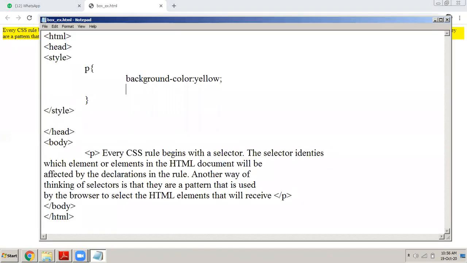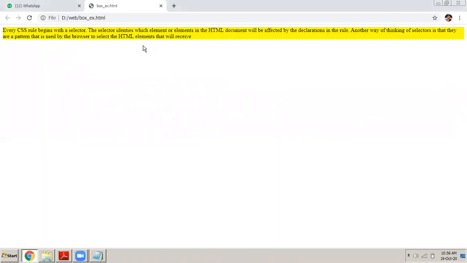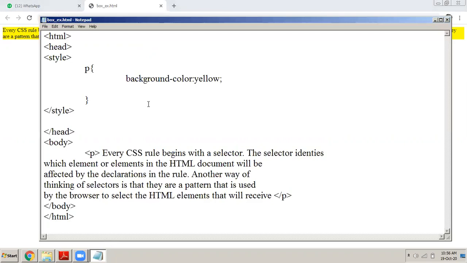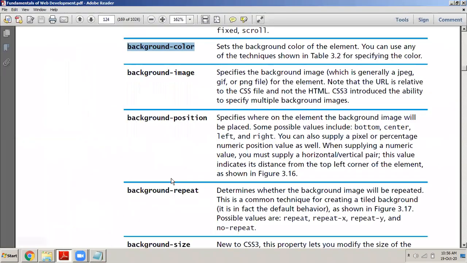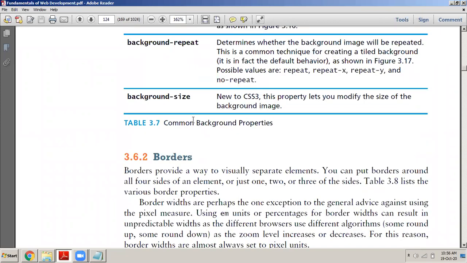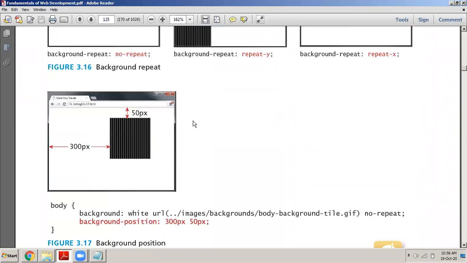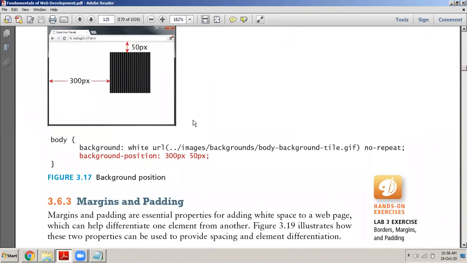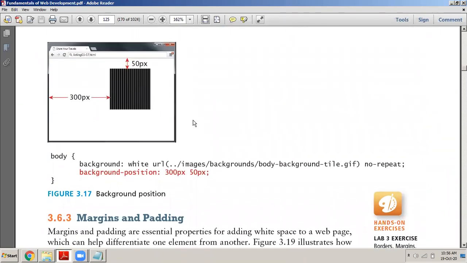Okay, so I specified that. Now I want it to be in a box. I don't want the paragraph to be so big. I want to specify a width and a height. So I go back here: background position, background image. Even if I want some image to be the background, I can specify that using this property here. But I want some color to be there. So if I want to give height to the box, then I think we will have to use the